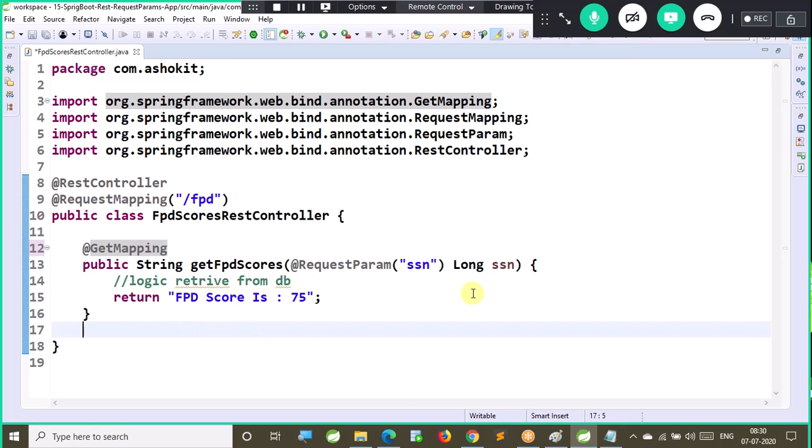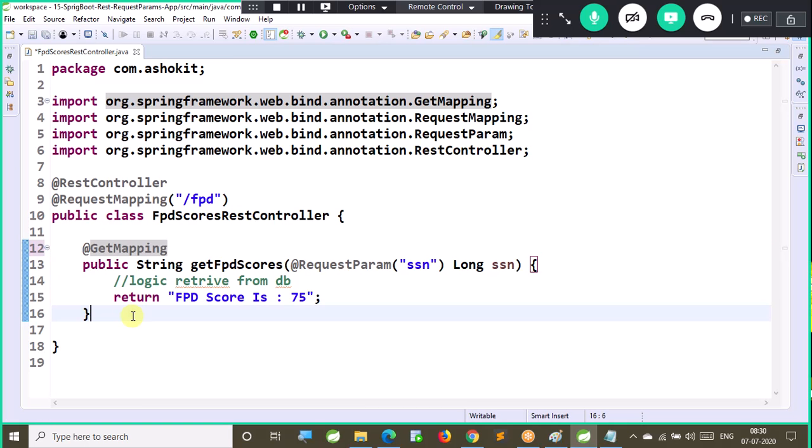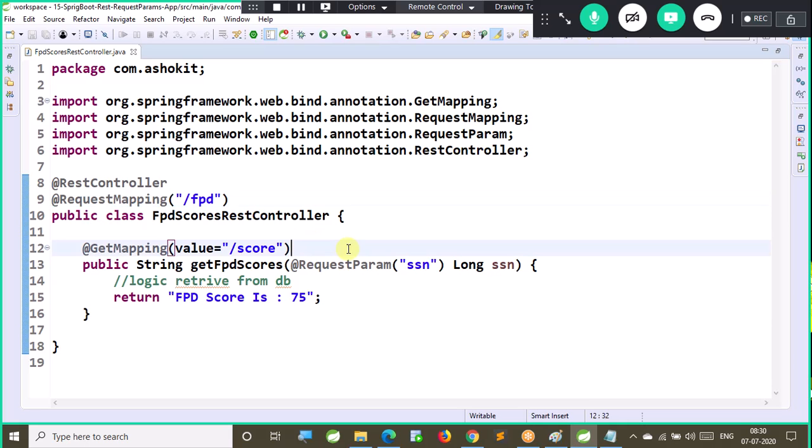So if I send a GET request to this FICO resource, then this method will execute directly. If there is one more method which is bound to a GET request, then the URL pattern is mandatory. In the last class we discussed how to play with the URL patterns in the REST controllers. But the recommended approach, I suggest you give both the class level URL pattern and the method level URL pattern so that we can avoid ambiguity problems.